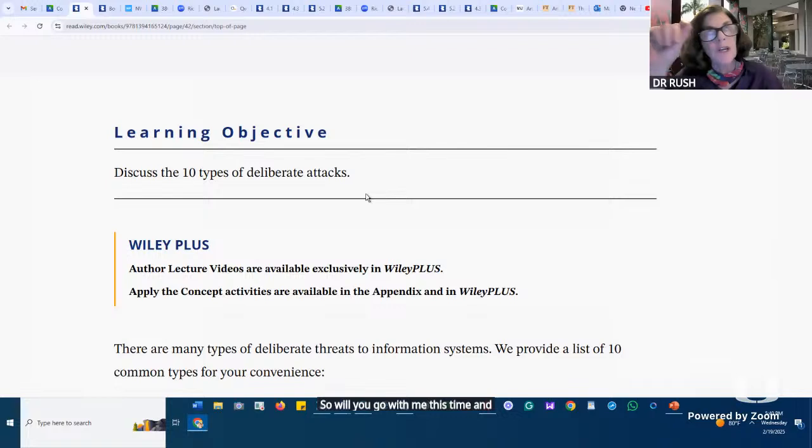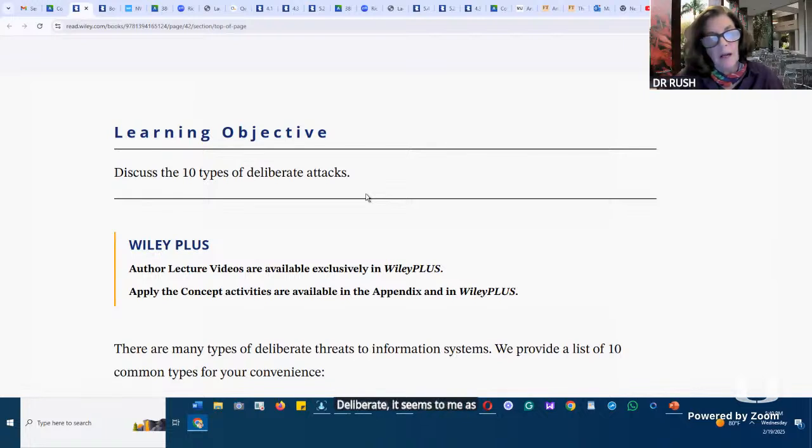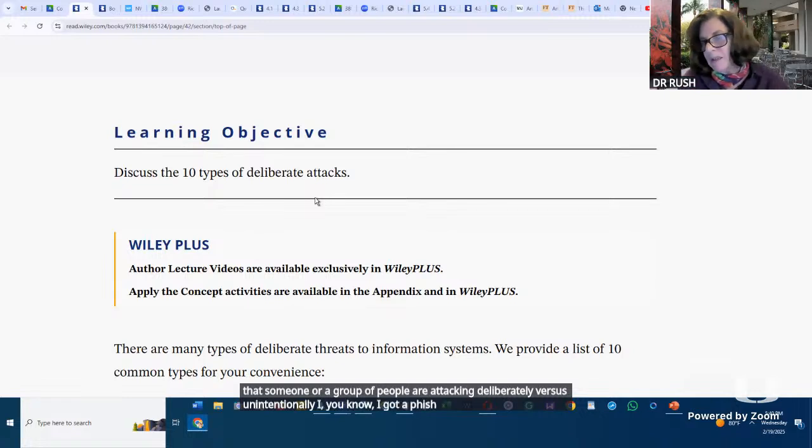So what do you understand is deliberate? Deliberate, it seems to me, is intentional, right, Mark? There are many times that someone or a group of people are attacking deliberately versus unintentionally. I got a phishing attack. I didn't realize it.